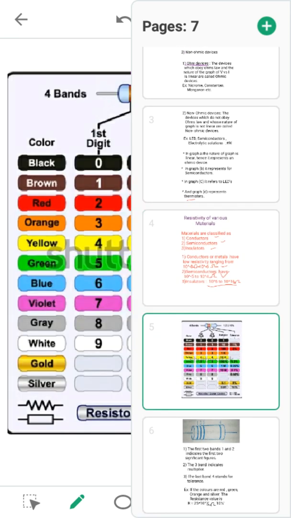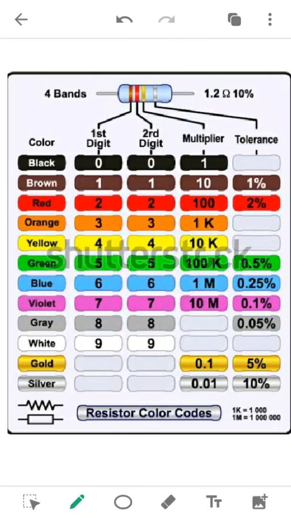So now let us go to the color code of the resistors. So what are resistors? Resistors are nothing but the devices which have resistance, right? This type of device will be very, very small. You have seen them in your TV remotes or any electronic device. When you open it, on the board where it is fabricated, you can see the resistors of different colors, right? Depending on the color, the particular resistance value of that resistor will be determined.